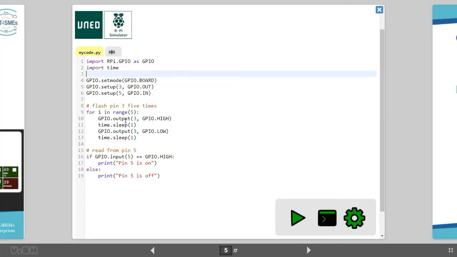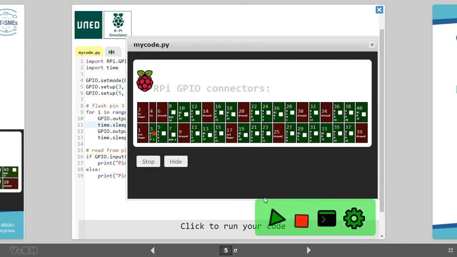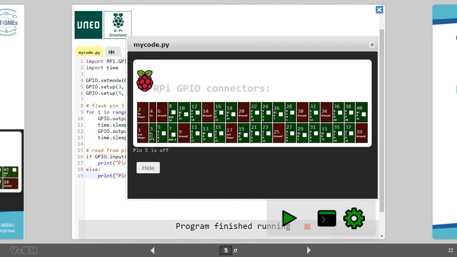Modify the code so that your traffic light will blink. That is, the yellow color light will blink five times. Look over here, this light is blinking. Modify the code so the yellow light will blink five times. First turn on the red light, then turn it off, then turn on the yellow light. Keep it steady for, let's say, 3 seconds. After 3 seconds, blink it five times.